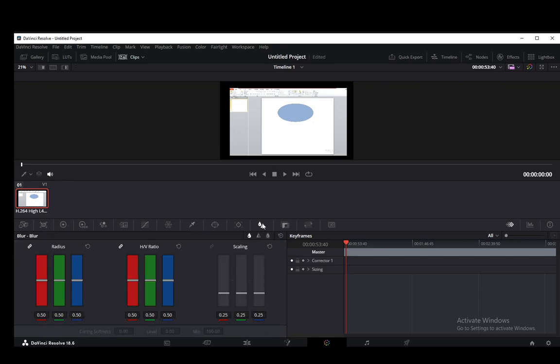Firstly, what you want to do is go into the blur option, which is this sort of triangle next to a drop icon, and you want to modify the radius. Normally the radius will be at 0.5. You want to lower that just a bit. If you go overboard, that will unblur it way too much and it'll be way too sharp and it will look a bit ugly. But if you just want to add some more details without sacrificing any quality and making it look a bit messy,